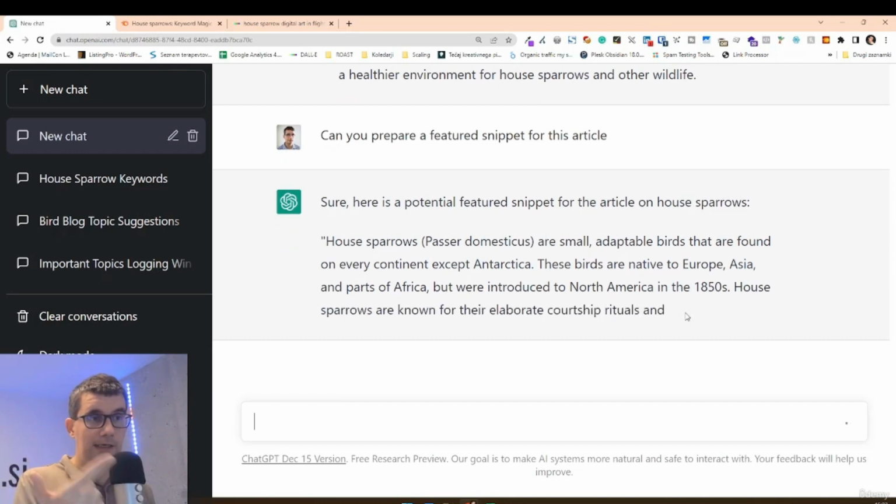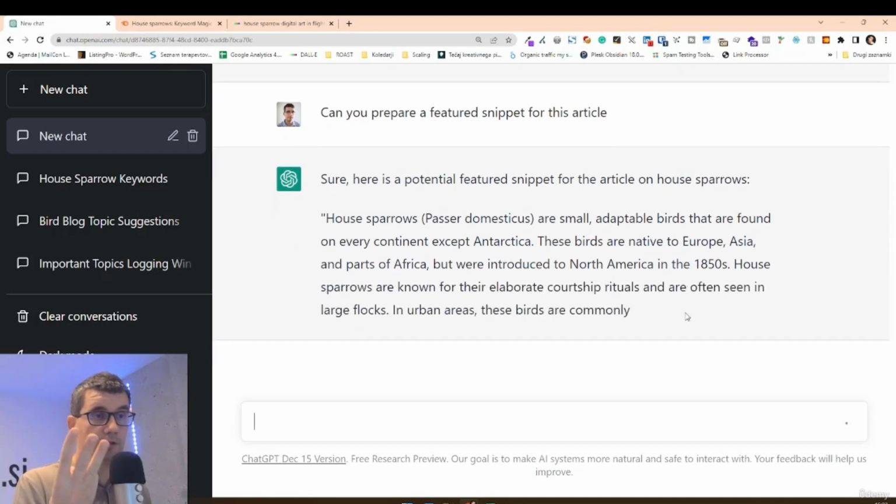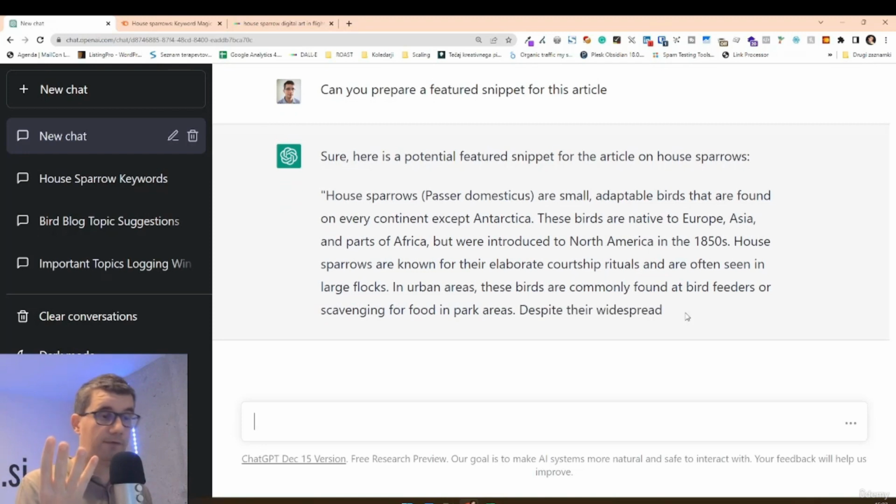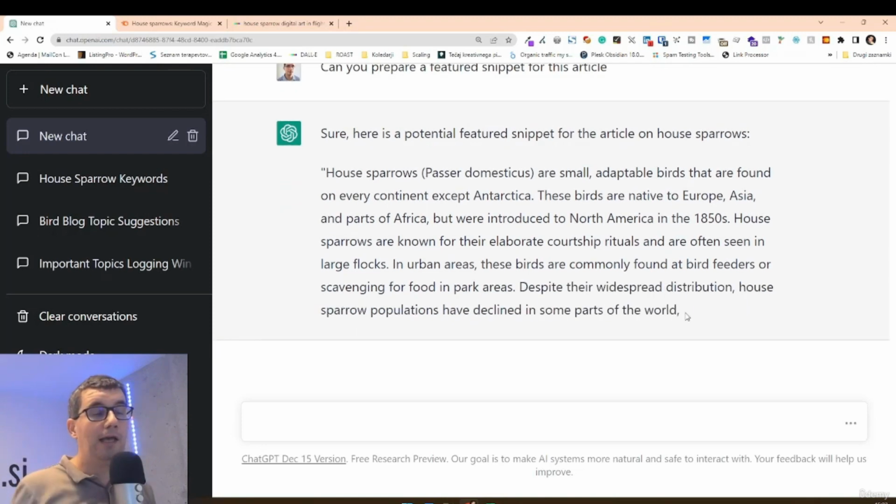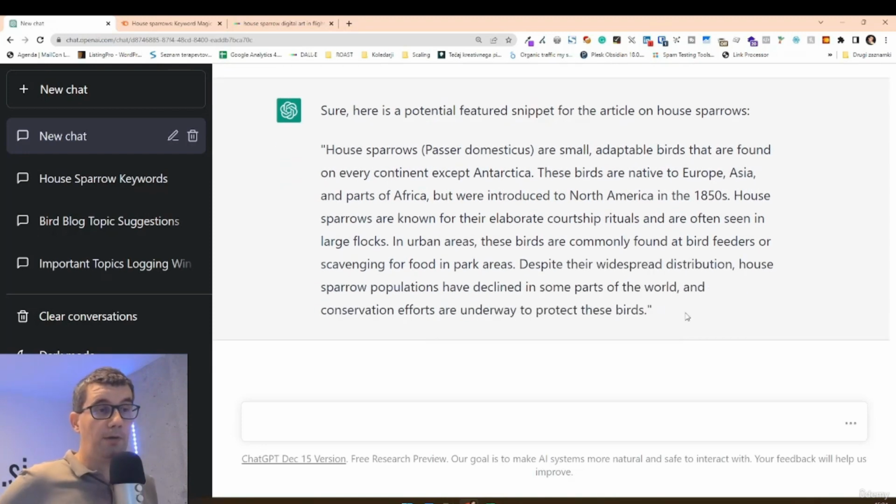Now we have the content, the title, the meta title, and the description. We have the frequently asked questions. We have the featured snippet. The last thing that we need before we can go and publish the article is a featured image. So generally, every blog post needs at least one image to look nice. Sadly, ChatGPT can't do that,